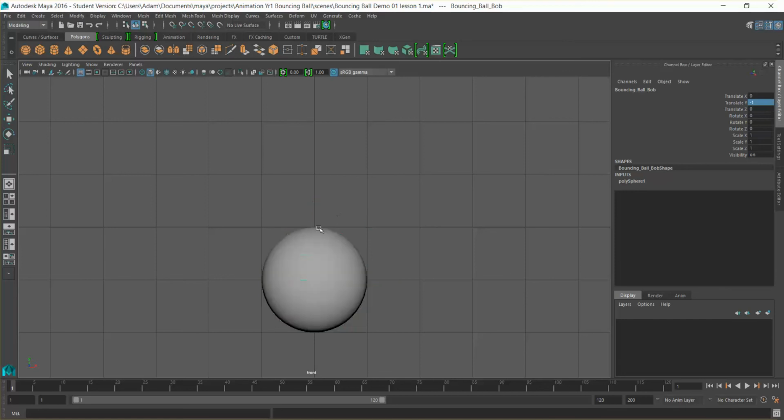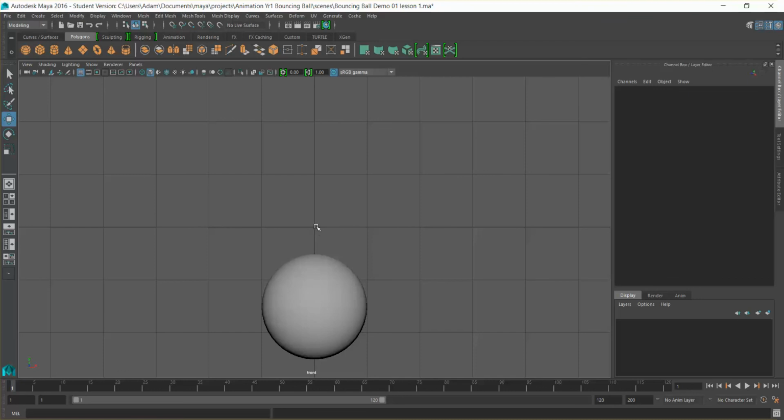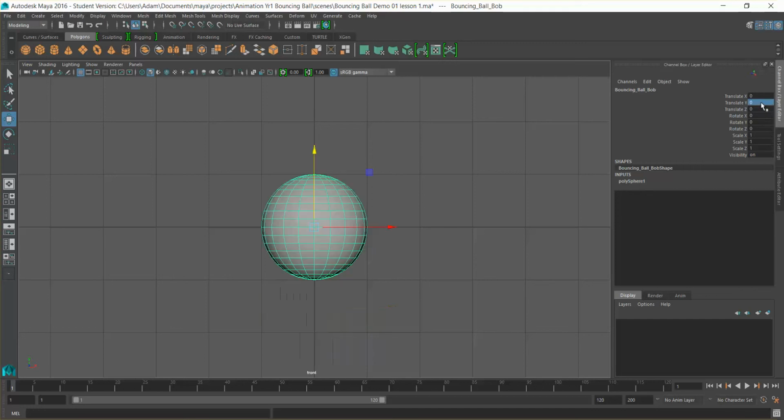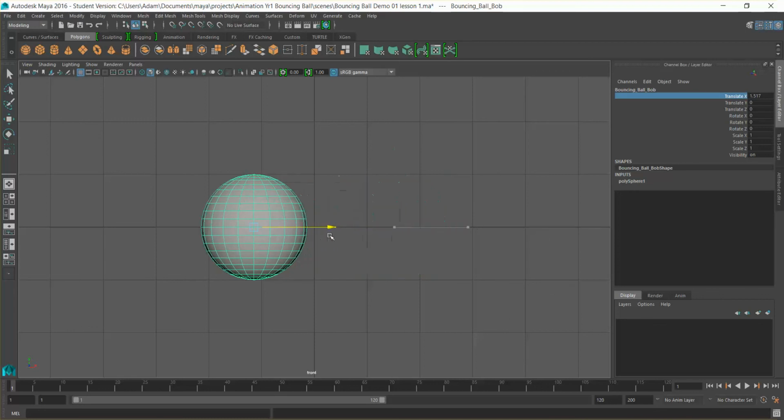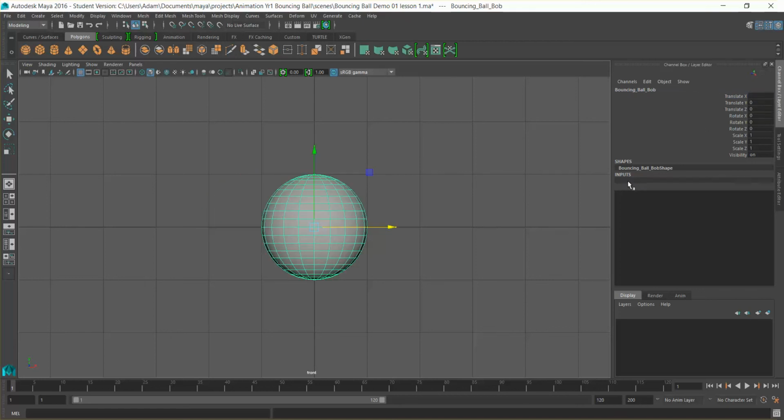Our 0 point is this cross in the middle, so if I just take that down, this cross point here is 0. Everything to the side is equal to 1 placement. And if I take that to 0, along our translate X, it's exactly the same thing. So here we have a positive value moving across, and if we go this way, we have a negative value. Okay, and that's going to be really important to remember, because our sphere, if you remember correctly, has a radius